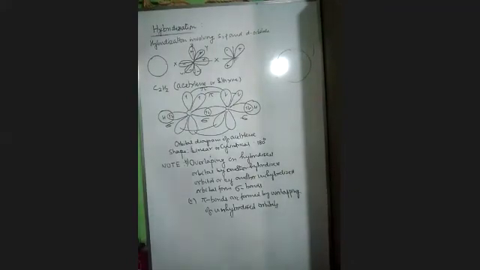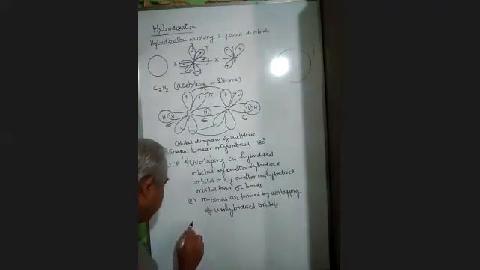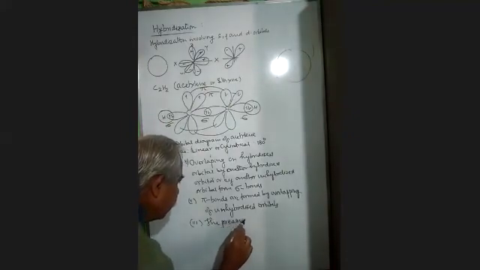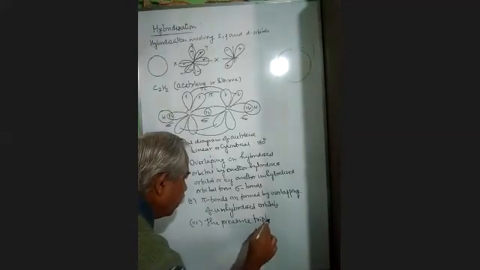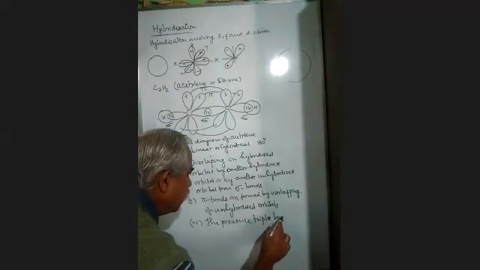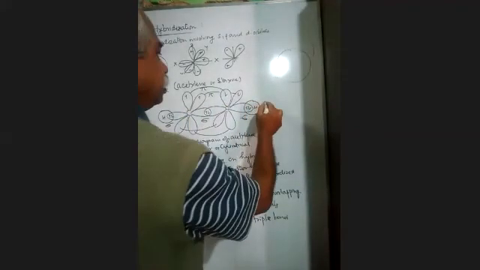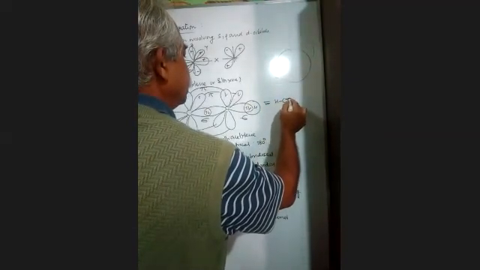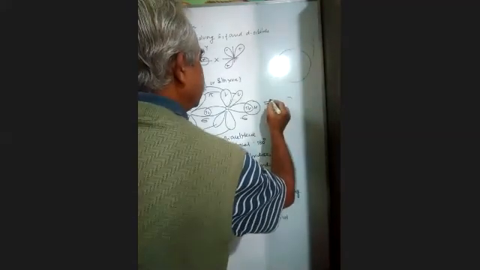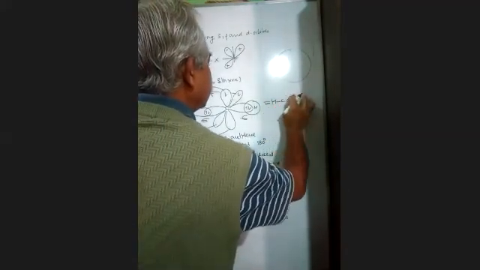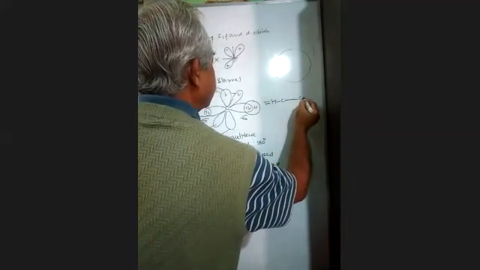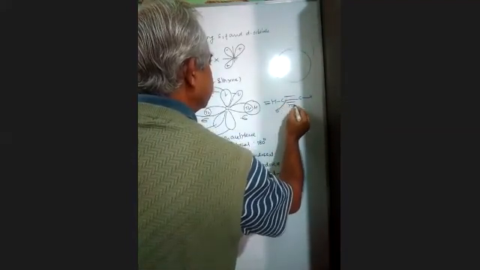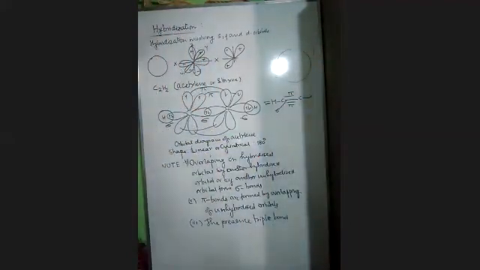Third, the presence of triple bond. Why should I say triple bond? Because its structure is HC, HC. See, the bond in the middle is sigma. Okay, so this is sigma. This is pi, and this is pi. Presence of triple bond